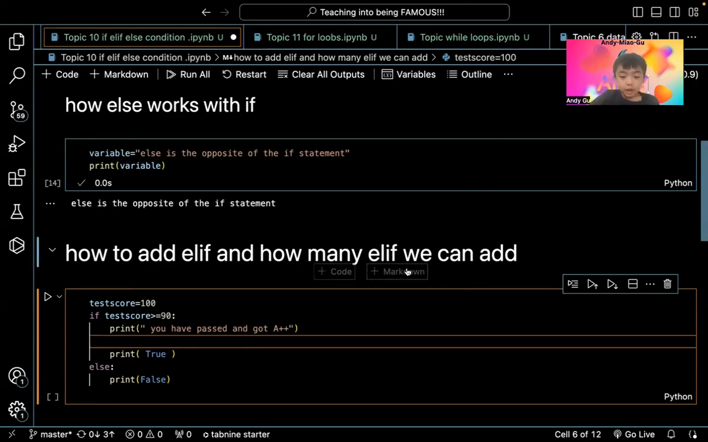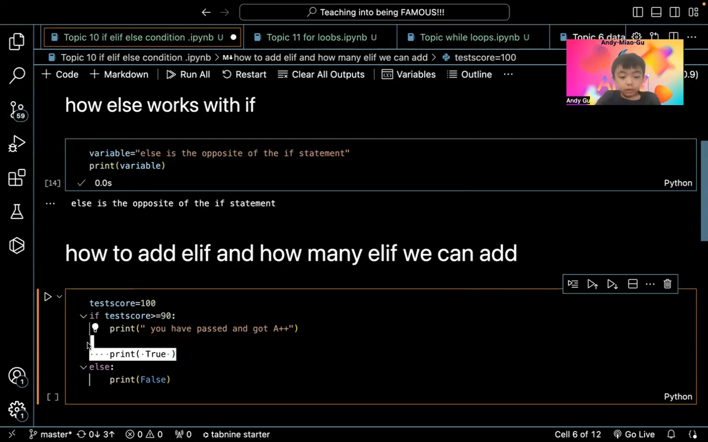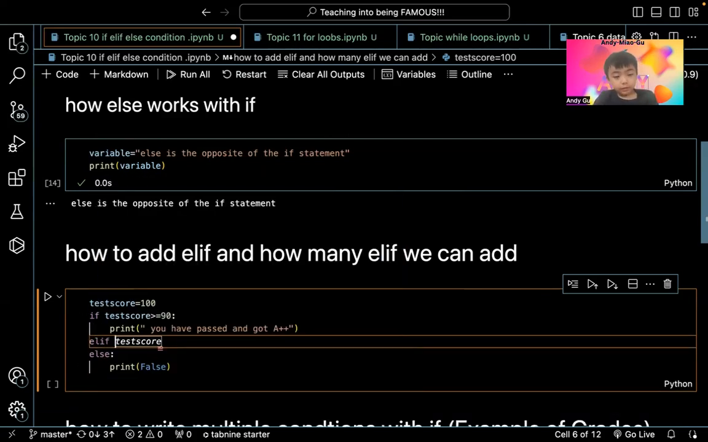But how many elifs can we add? Well, you can basically add as many as you want. Let's write a condition for that. Elif